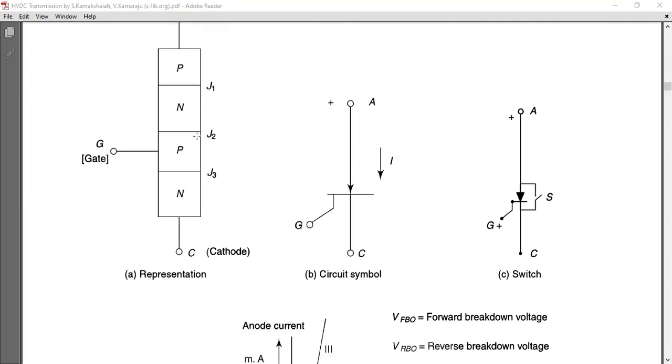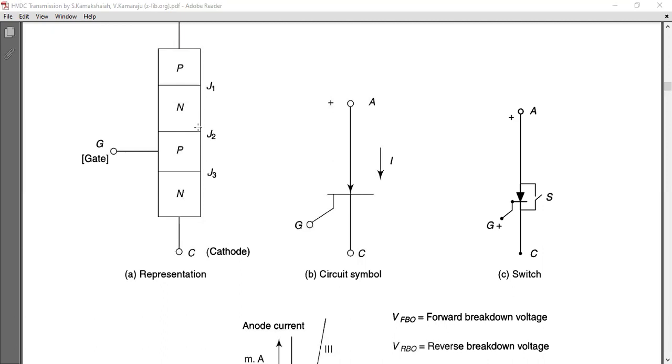It limits the forward current to a value of forward leakage current of only some milliamperes. Okay, so this thyristor is then said to be in the forward blocking state. That means it is also the off state. Okay, so if you apply any small positive gate current, it causes a slight increase of forward leakage current. If a large gate current is given, then the SCR comes to the on state, from off to on state.